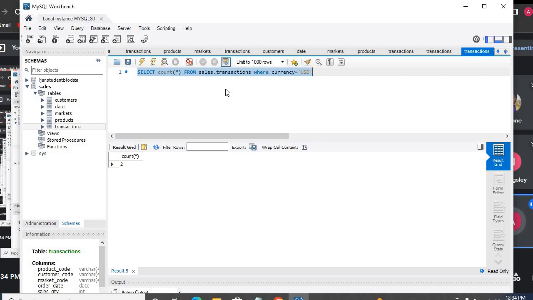Another thing that we also like to say is that these particular tables are inside this database. We have customer, we have date, we have market, we have product, we have transaction. So if we want to perform some analysis on them, we have to combine them together, because they are linked to each other. Just like when I started, I was talking about primary key and foreign key the other time. So a primary key is just like a unique ID to a particular table, while the foreign key is just like